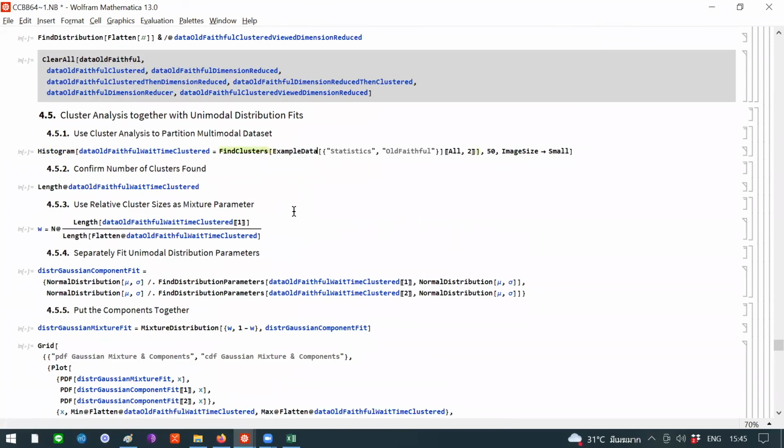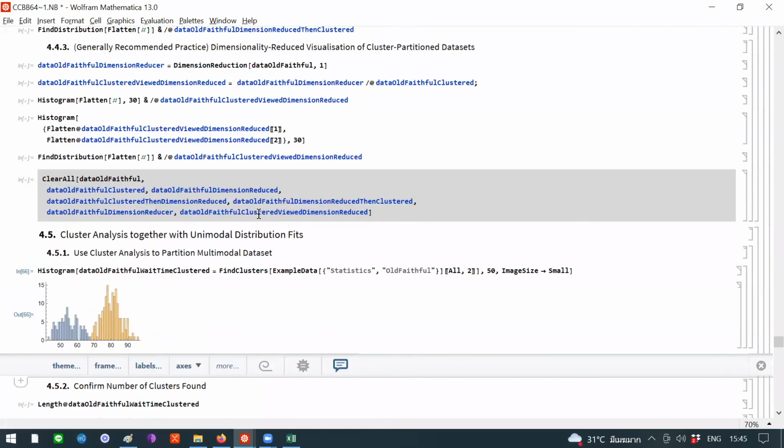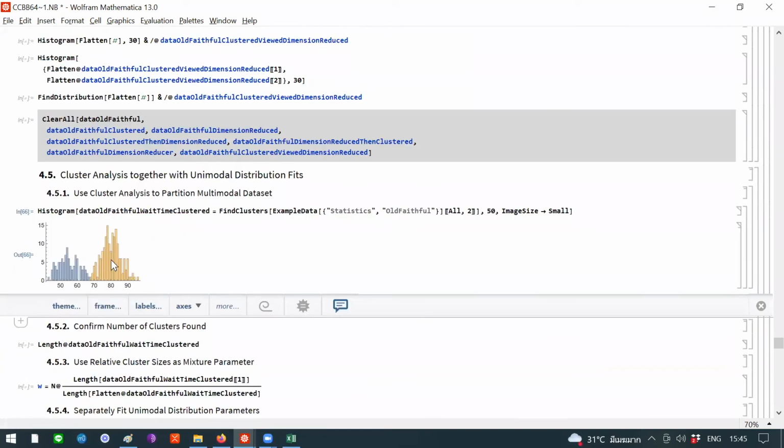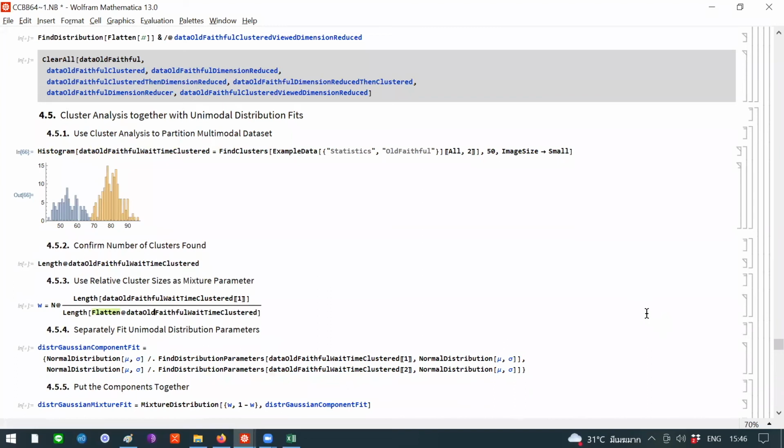Okay. Now, let's go back to our old friend. What's our old friend? This guy, right? Old Faithful data. Now, let's just look at one dimension. Okay. Let's look at that one. You can look at 2 dimensions, but let's look at this one dimension. Okay? And I can use hand waving if like. Now, if you have this distribution,